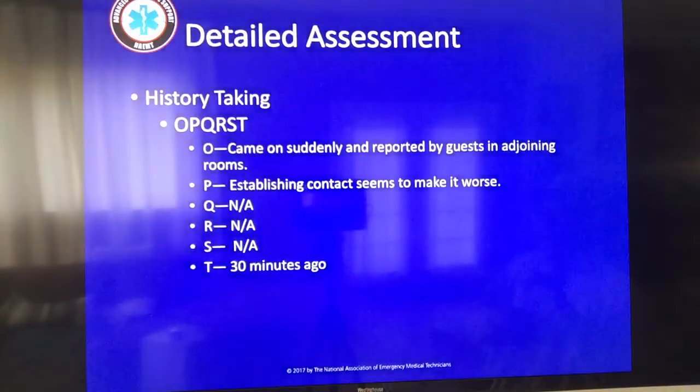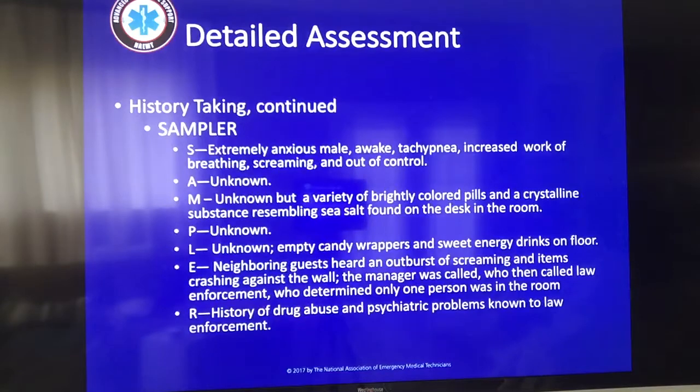And as we work through it, let's dive in and get our history of present illness. And some of us will be going again through our SAMPLE history, getting meds, allergies, and past medical history. And some of us might be doing some quick diagnostics and quick assessments. So the person just came into an adjoining room, just did not know that person, a guest, and it's 30 minutes now. Our SAMPLER person has